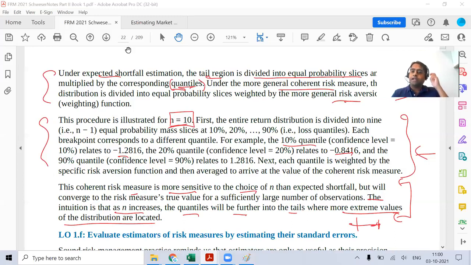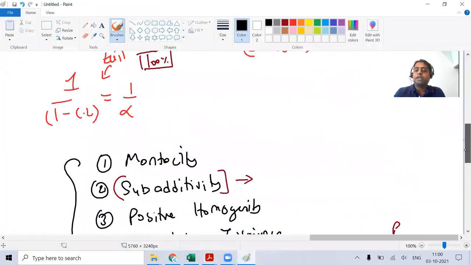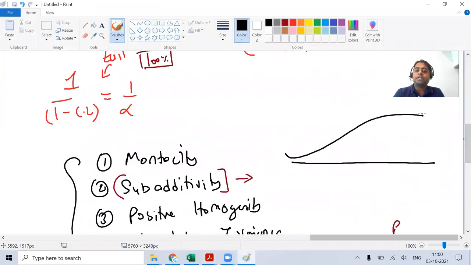Answering the query, Gaurav, that you had. When I keep on increasing my n, the tail would go more and more towards the left hand side, right? Why? Because the slices or the percentage is going to be very, very small now, as I have more and more data points. Previously, 5% was coming over here because my gaps were bigger. As I have more and more data points, think logically, the fifth lowest or sixth lowest data point has to go towards the left hand side. Do you agree, Gaurav?